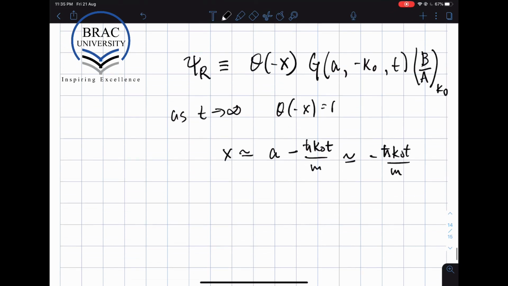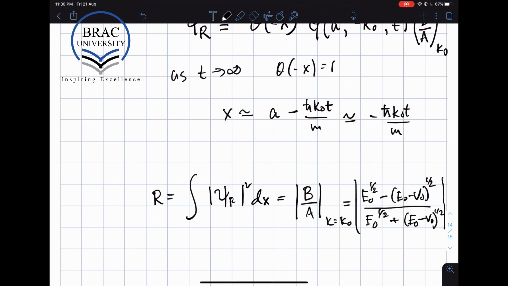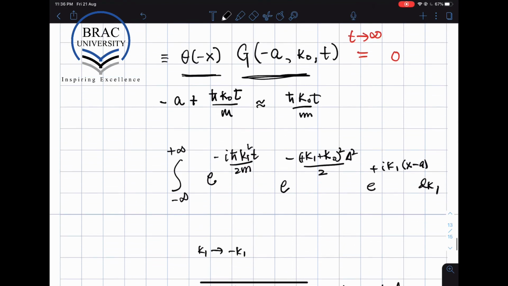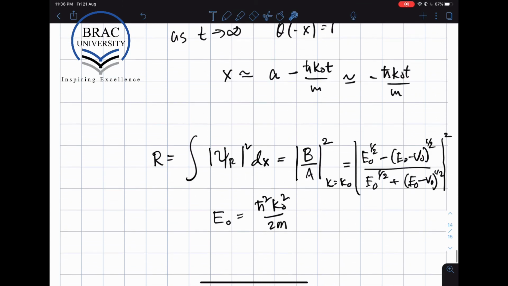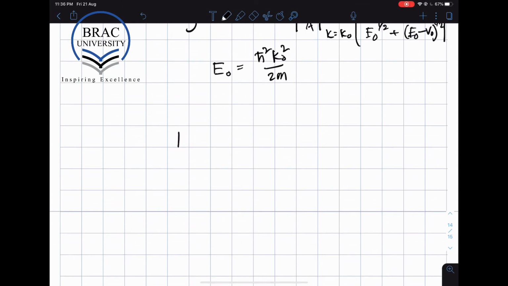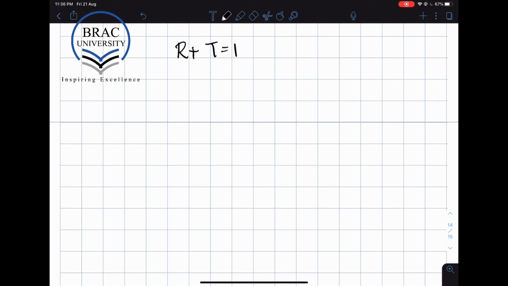So now that we have figured out what the reflected wave function is, we can work out what R is. R is just the squared norm of psi r. To find the transmission coefficient, we could evaluate this last term, but we're not going to do that. Instead, we're going to use the fact that probability is conserved. So R plus T is 1. Because we figured out what R is, we can find out what T is. So T turns out to be